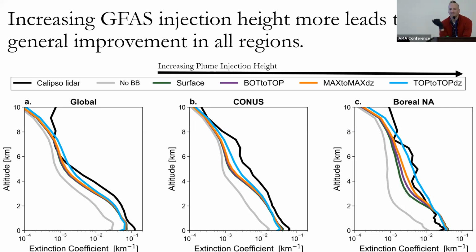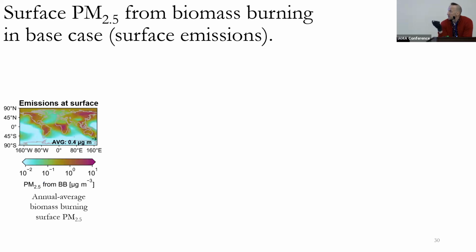So what effect does this actually have on some of the things that matter to us, like surface PM 2.5 or radiative effects? This is the global 2-year mean surface PM 2.5 from smoke or biomass burning specifically. So this is not total, this is just from wildfires. You can see that these areas in red get up to about 10 micrograms per meter cubed, and these are the expected source regions. Boreal North America, boreal Asia, the tropics, and some in the contiguous US dominate this.